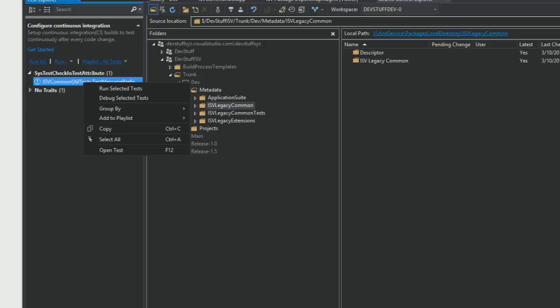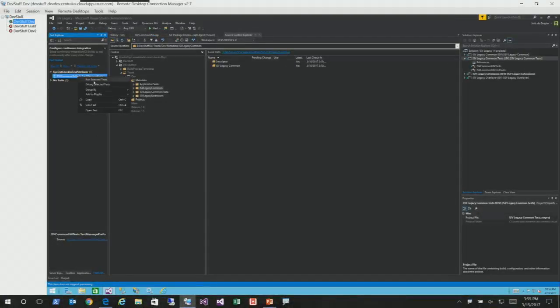That's also where the traits come into play that Dave was talking about. You can put the attributes on, and then you actually see it here. It says no traits 1. So I have one test that has no attributes. You can start grouping and filtering these things if you're working with a lot of tests. So if I run this now,